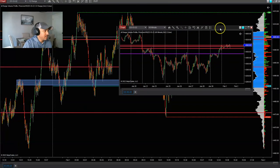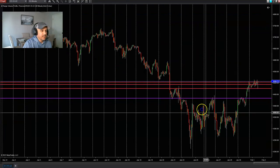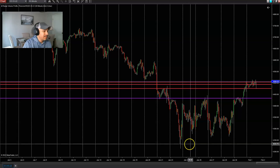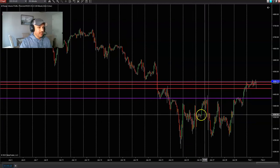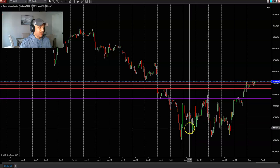Okay, I always like to go through and take a look at the 1 hour chart first, and kind of help me depict a direction of the market. I do this every day now to help those that are beginners. You know, use a higher time frame, guys, to get a clear picture of which way the market may be trying to move. So to me, the market is trying to push higher